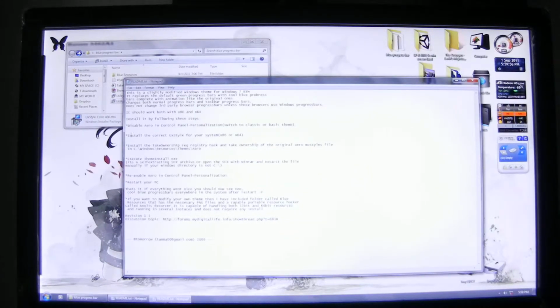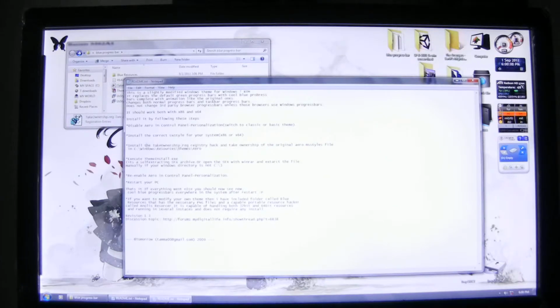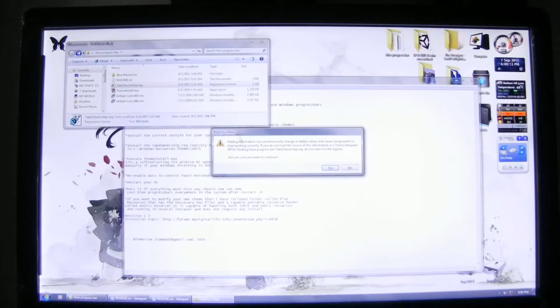Okay, installed. I have installed the take ownership registry file. Okay, so this is the take ownership. I will try to use this. Install it just like that. Okay, so press enter. Adding information can unintentionally change the registry.